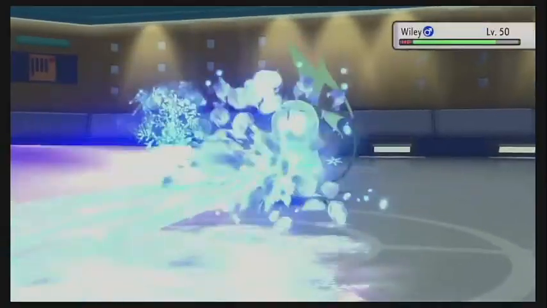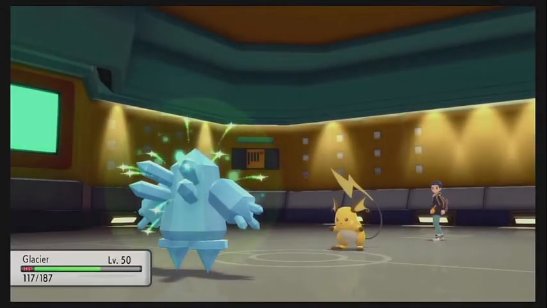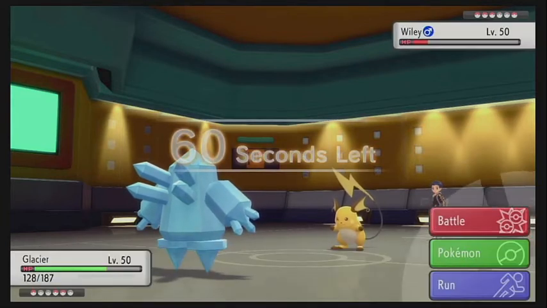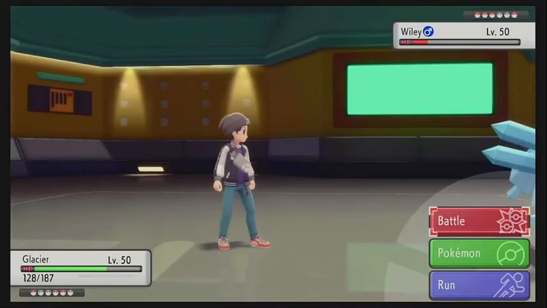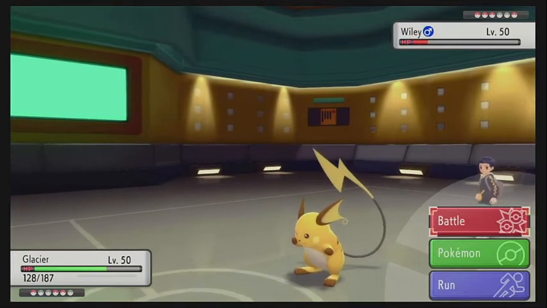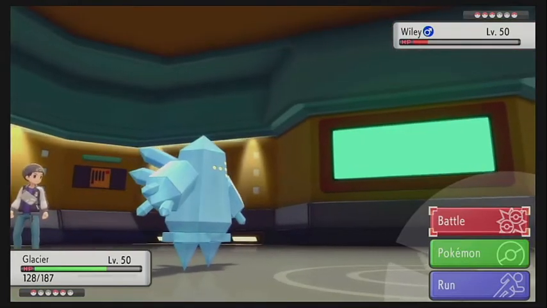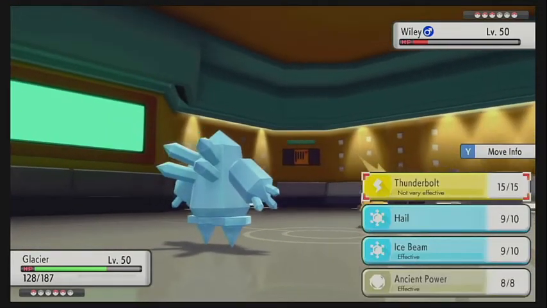Is it going to be enough to take this thing out? No, it is not quite enough to take the Raichu out, unfortunately, so that's really bad for us. We do get some HP back from the Leftovers, but yeah, so now I think even at +2, we are max HP and really bulky on the special side. So I think the best thing we can do here is actually,